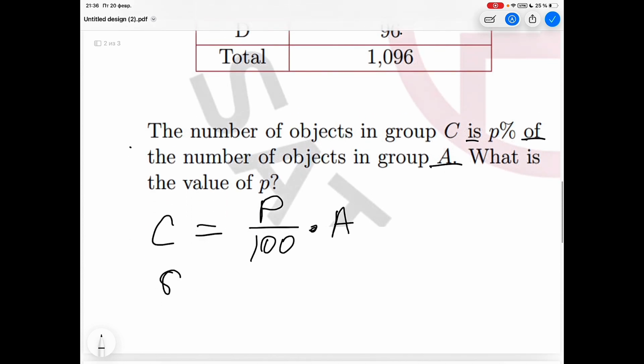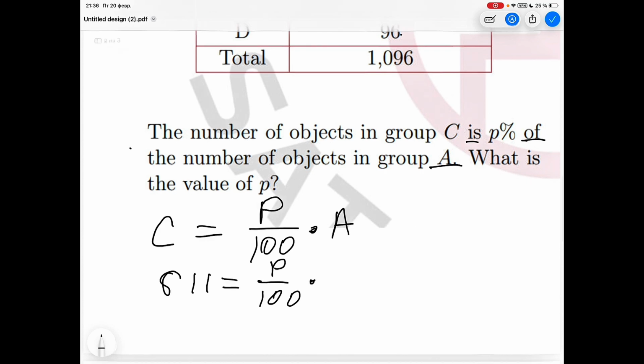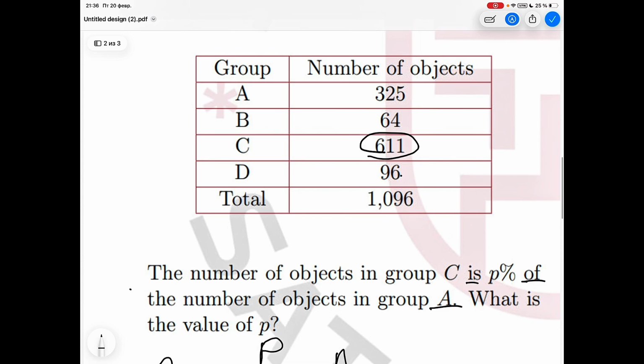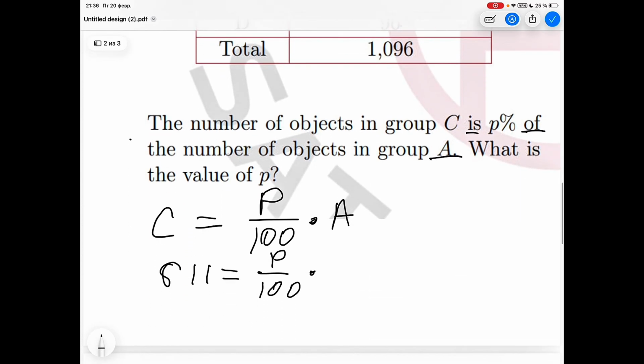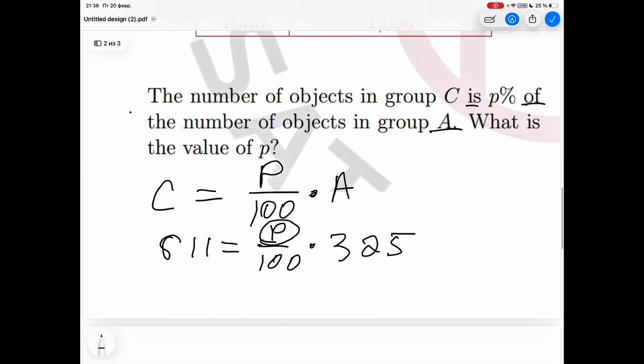I'm going to write 611 is equal to P divided by 100 multiplied by A, which is this number, 325. What they're asking is to find the value of P. In order to find this, first let's divide both sides by 325, and you can just solve it